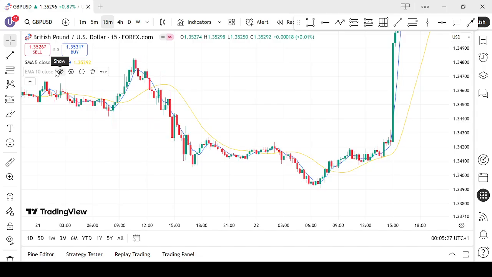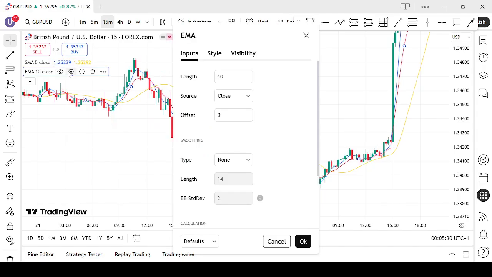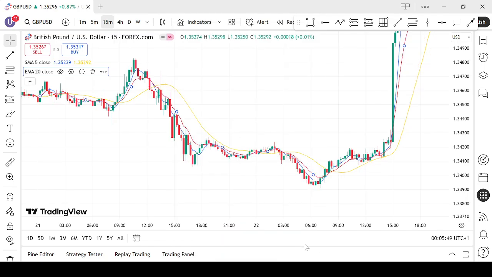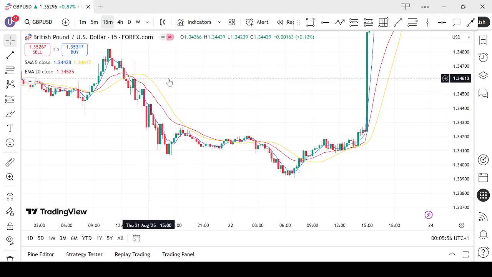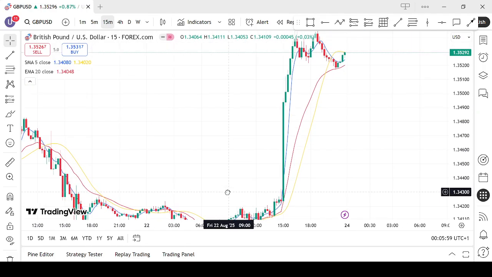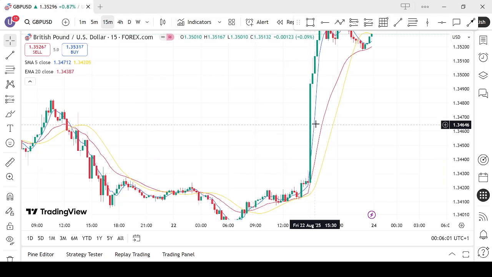So let's add our moving average. Let's add the 20 moving average. When price is above or below all three moving averages, it signals something. If it is above all